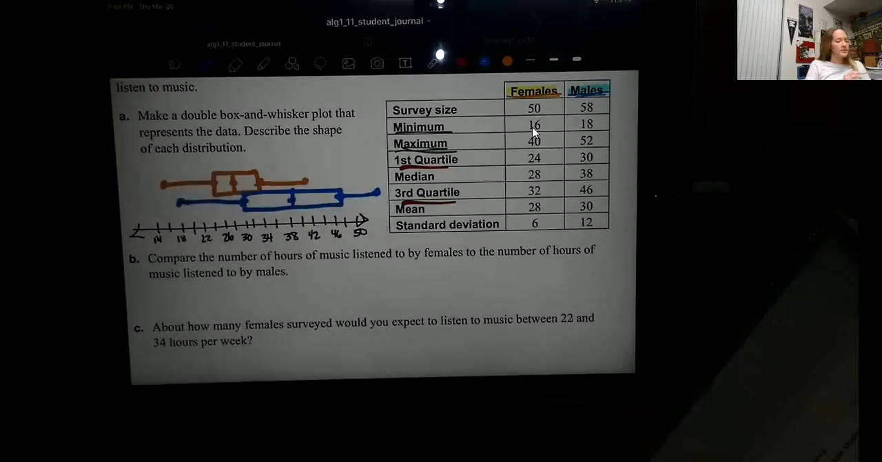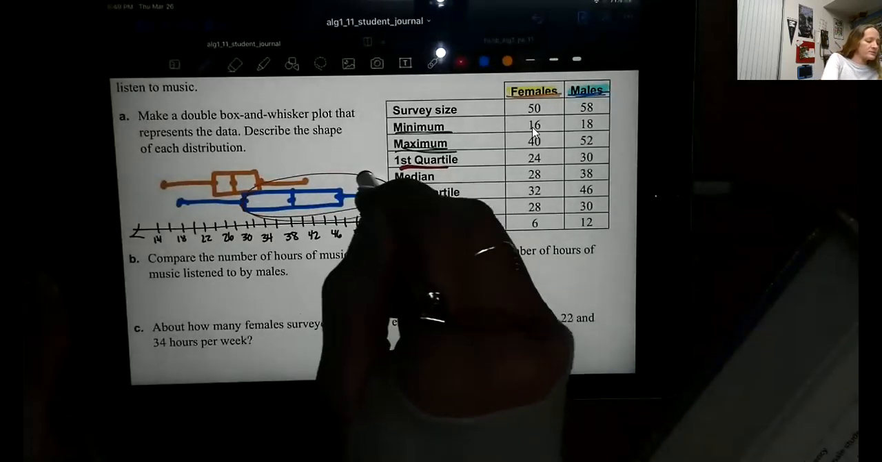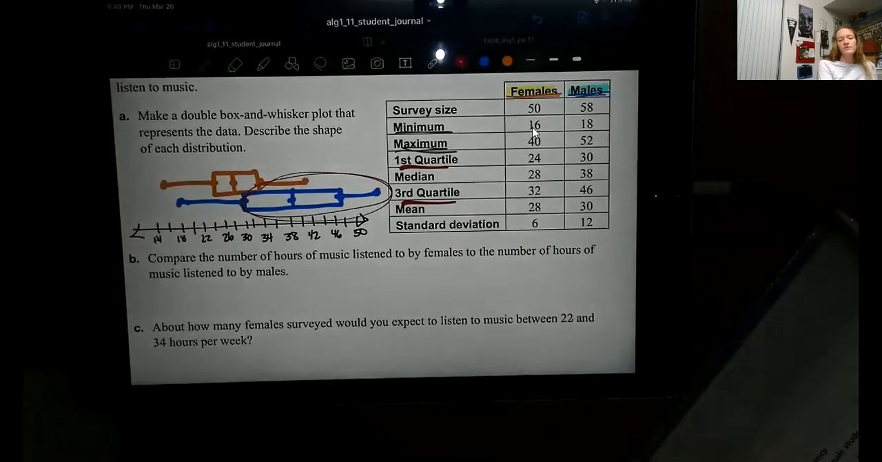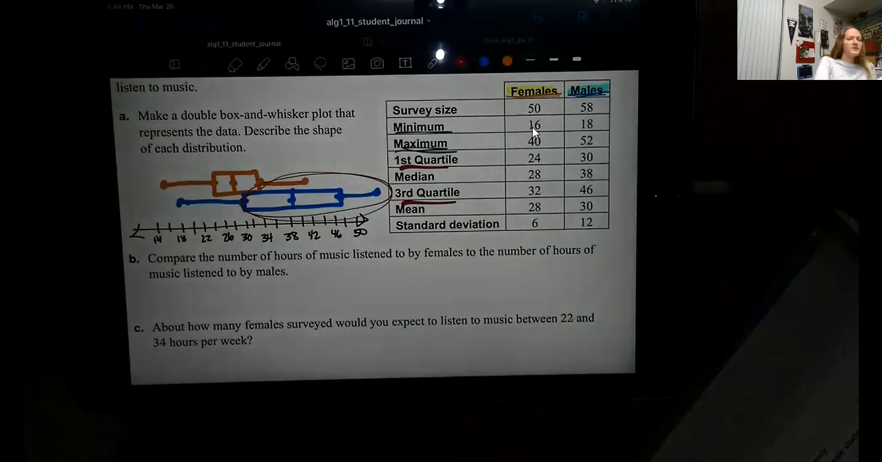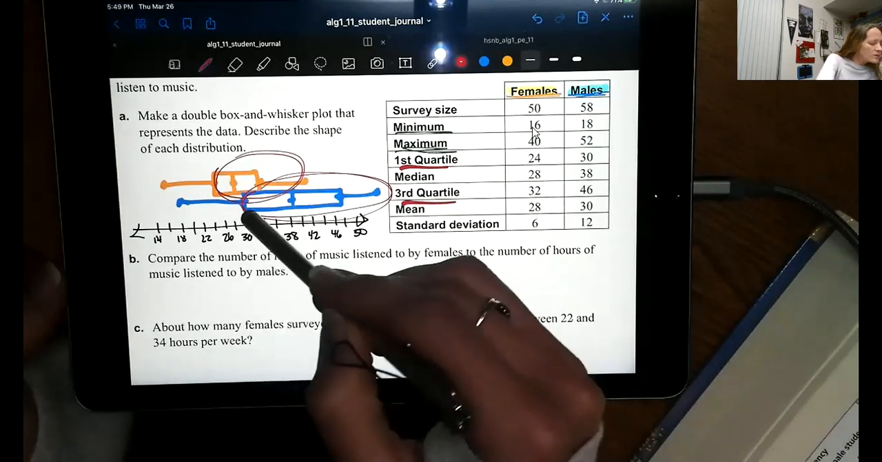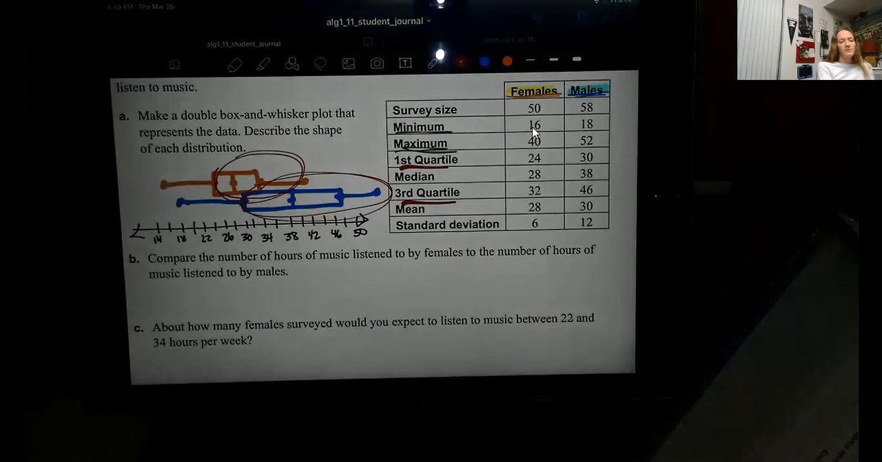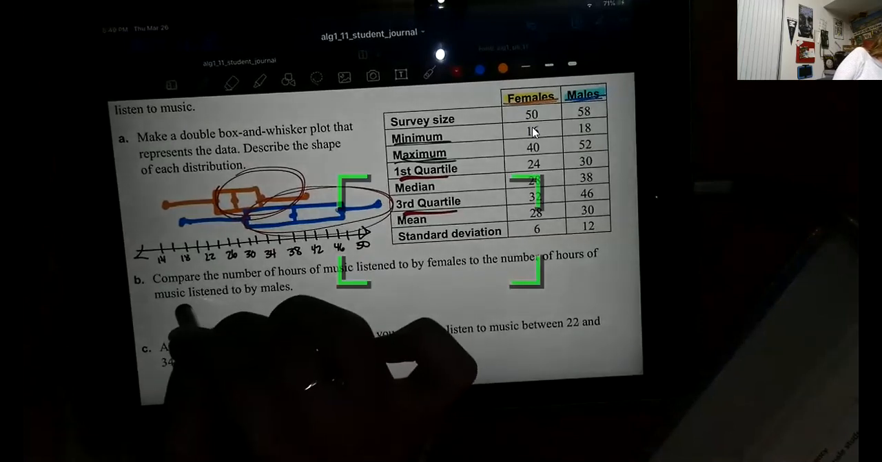I could also think about, if I'm looking at these boxes, 75%. Most of the males listen to at least 30 hours of music. However, the females, most of them listen to almost 30 hours. They're more around 24 hours. Most of the females listen to at least 24 hours. But if you notice, it's not just 24 till forever, it's 24 to this one's only 40. So we could say on average for